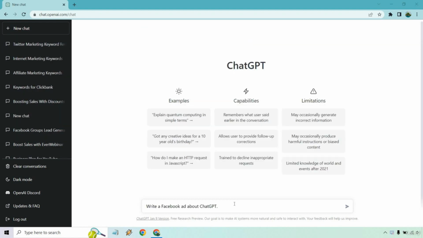And I just put ChatGPT. If you have your own product, you can utilize that, but keep in mind, you'll probably have to be a little bit more descriptive because for